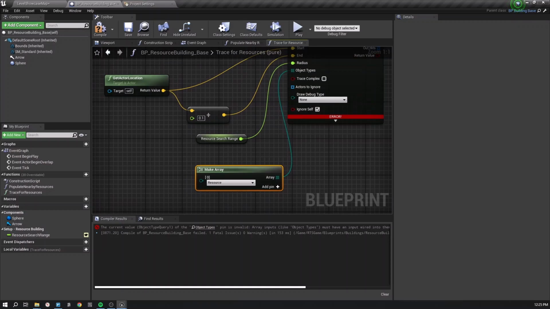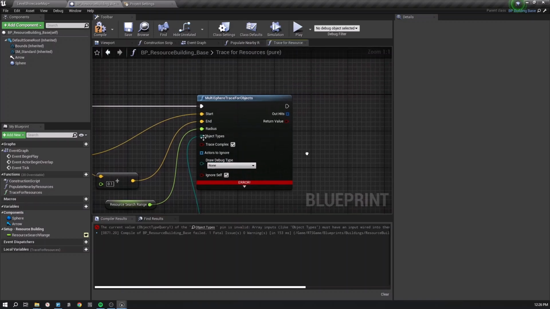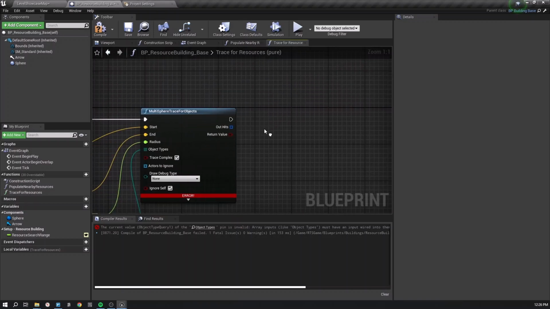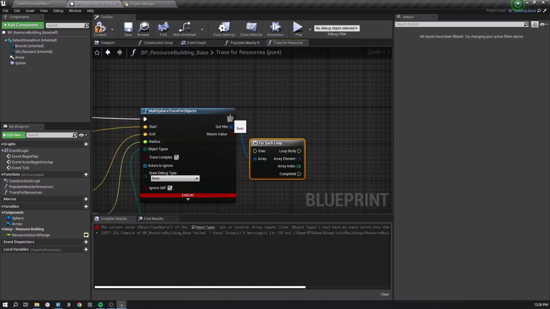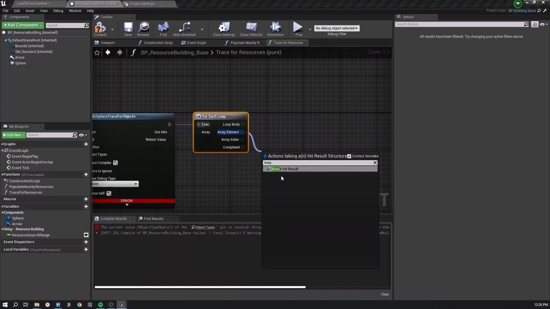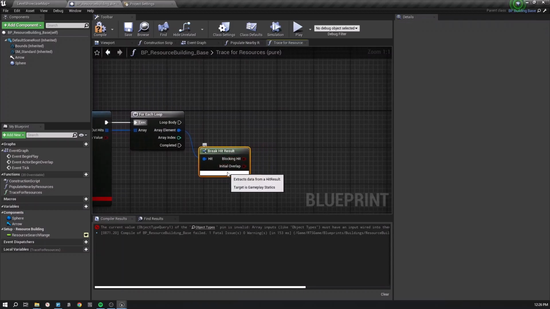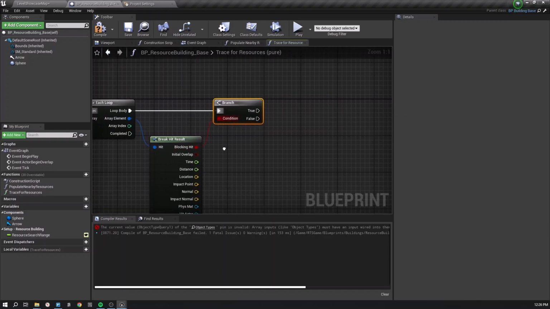Okay, then we can maybe toggle trace complex, ignore self. Okay, and there will be a hit result, array of hit results. So let's go through that for loop, and let's break one of the elements, and if this is a blocking hit, which means we have found a valid resource,